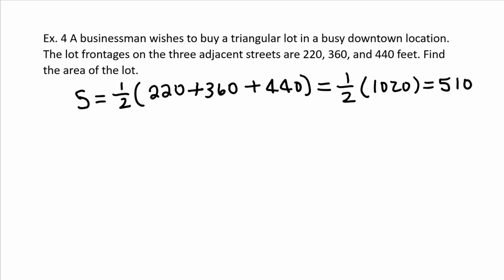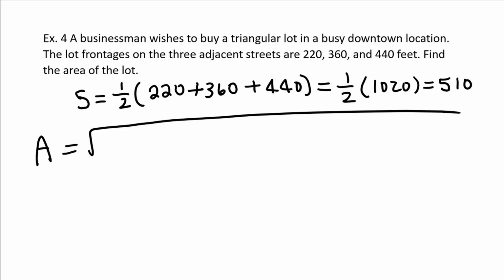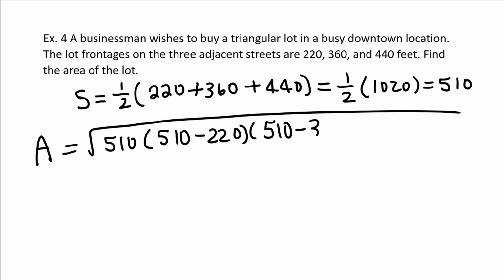Now let's put these values into Heron's formula. The area is equal to S, which is 510, times S, which is 510 minus one of the sides, so we'll do 220, times S, which is 510 minus the length of the other side, times 510 minus the length